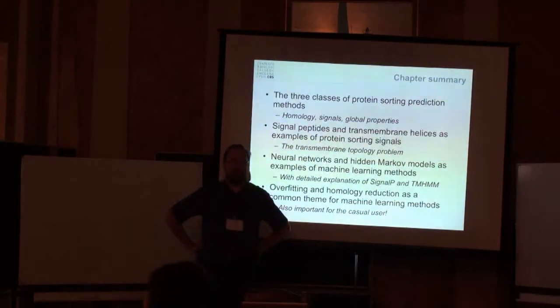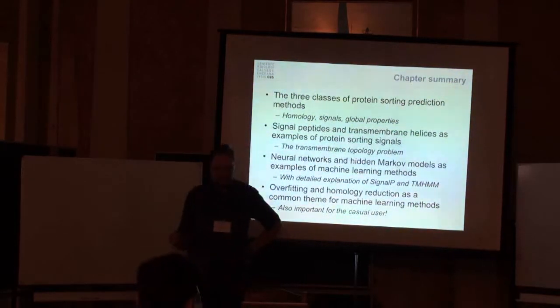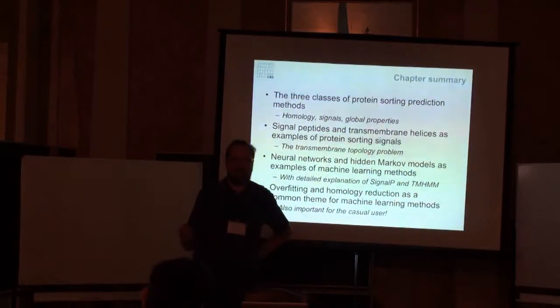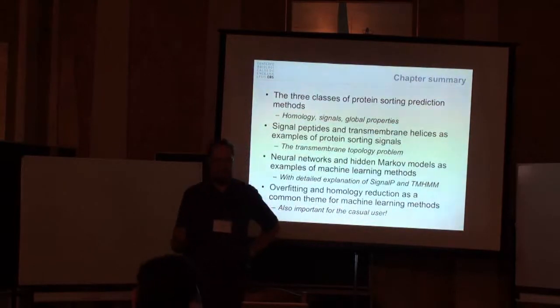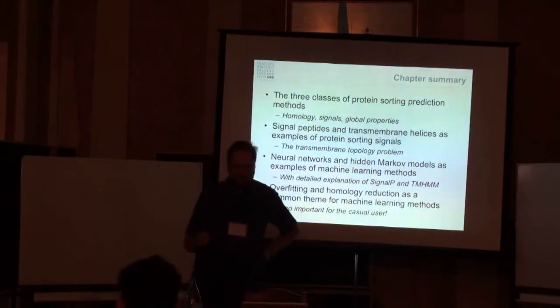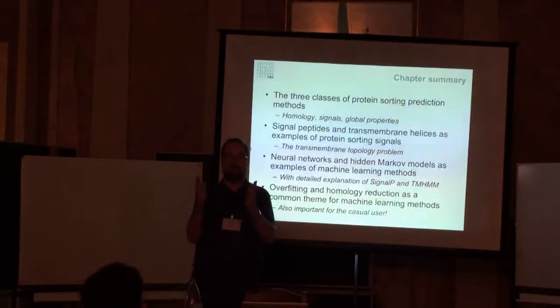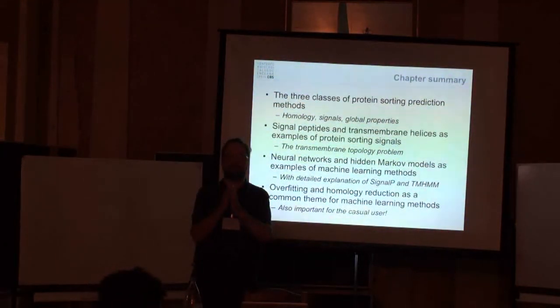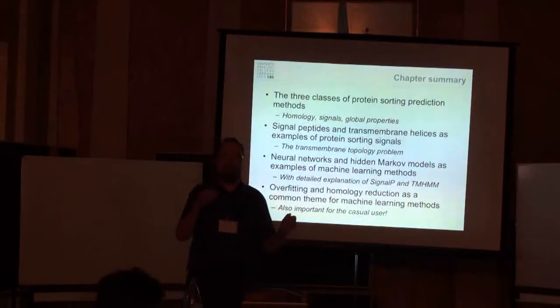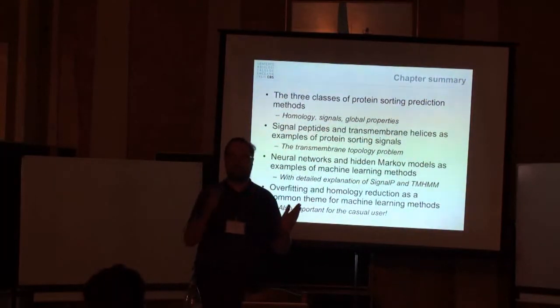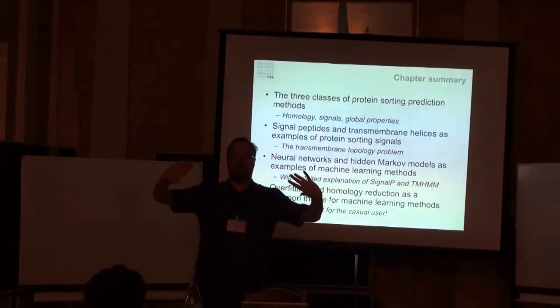Different transmembrane topology predictors have taken different approaches to this, but it should be said that when comparing performances of topology predictions, people don't go very much into the details of whether they get the boundaries exactly right, but more whether they get the number of transmembrane helices and the orientation in the membrane right. Okay.